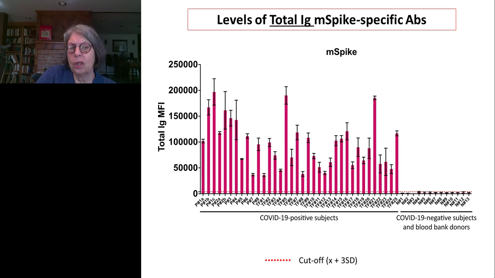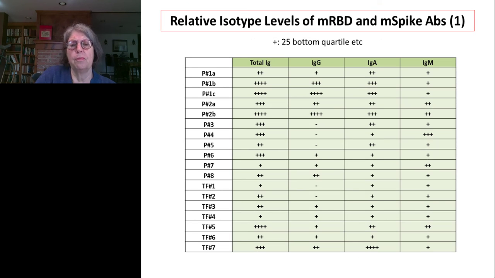And using quartiles, we can compare quantitatively the amount of the different isotypes in the different patients. So what I'm showing you here and on the next slide is the analysis in terms of the quartile. So for instance, if you look at patient P number 4,